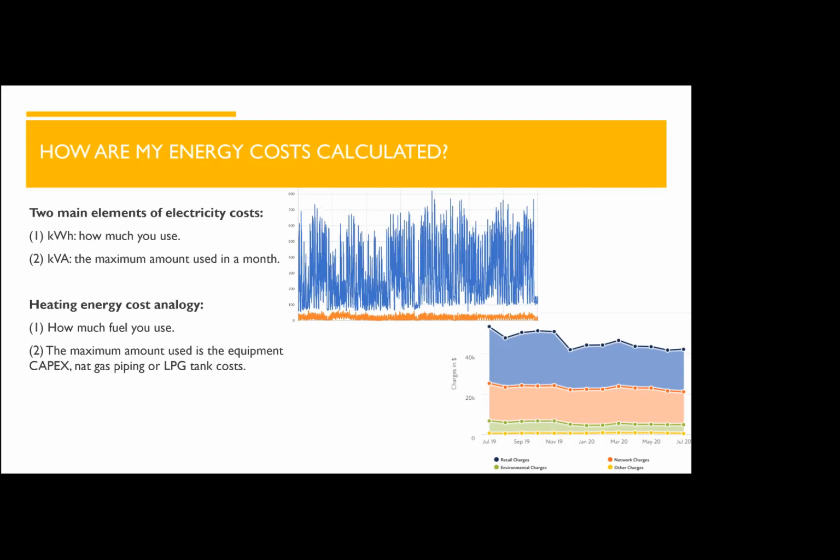The analogy for thermal heating is that your gigajoule bill or cubic meter or litre of LPG bill is based on how much you use. And then the amount that you use is wrapped up into the capital cost of the size of the equipment, or it could be the diameter of the natural gas pipe, or having larger LPG tanks to give you that larger availability of fuel. If you have a look at a typical industrial commercial bill,